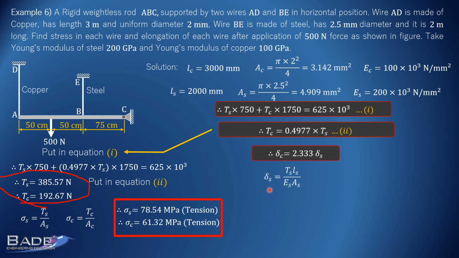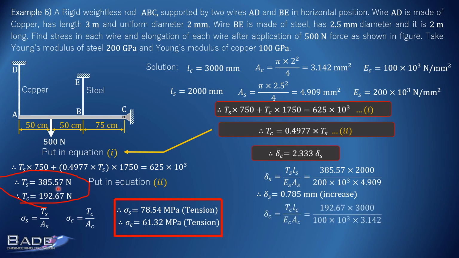Now this is deformation in steel. Same formula, PL by EA. So use corresponding values for steel and you will get deformation of steel. So put the values and this is deformation of steel. Pause this video here. Do calculations yourself. Be sure that you are not facing any difficulty in calculations. Take care of units when you put the values. And this is the deformation in steel. And of course, it is tensile force on steel, so increase in length.